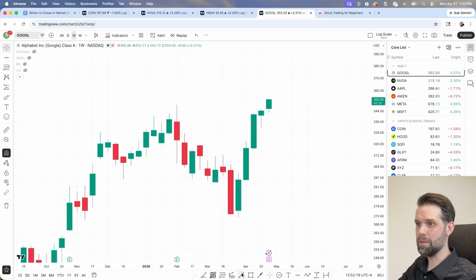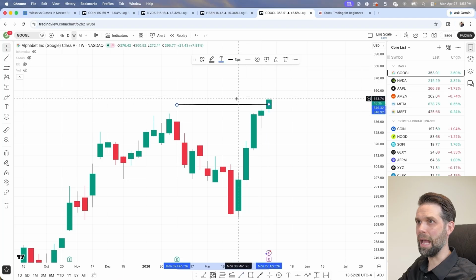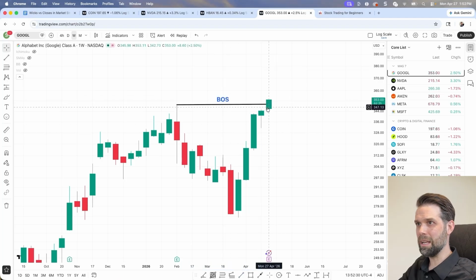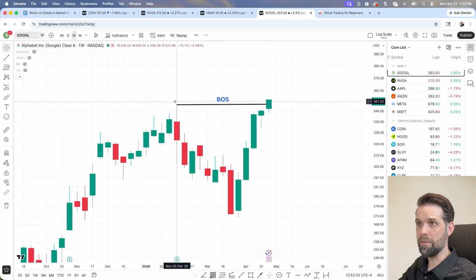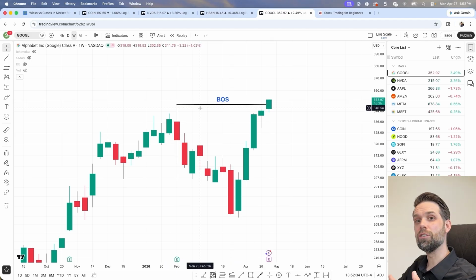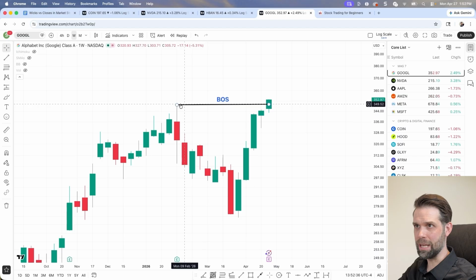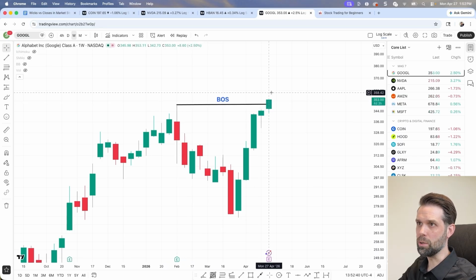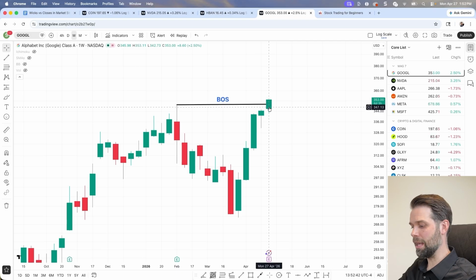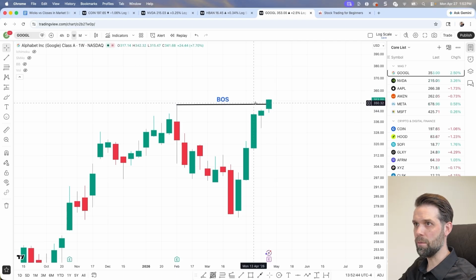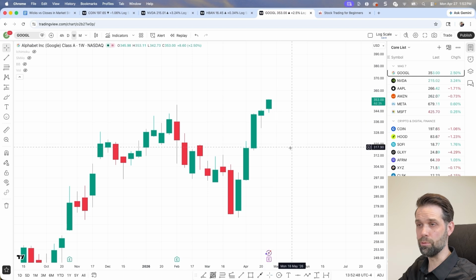And what that is, from our market structure lessons, is the start of a break of structure. So during this week, if Google can close above this wick, that is a good sign of trend continuation. It's a market structure signal that the trend for Google wants to continue higher. Now, if it doesn't close this week above that wick, then maybe it's a sign that we need to retest